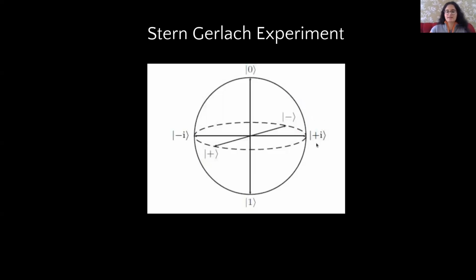And if our apparatus is made horizontal, then our qubits will get deflected either left or right on this axis, which is the x-axis, giving us ket plus and ket minus as 2 options that we can measure. And if we rotate that apparatus by 90 degrees, we get the y-axis with these 2 options of measuring the output. This is our Bloch sphere, though it looks 3D, but actually our